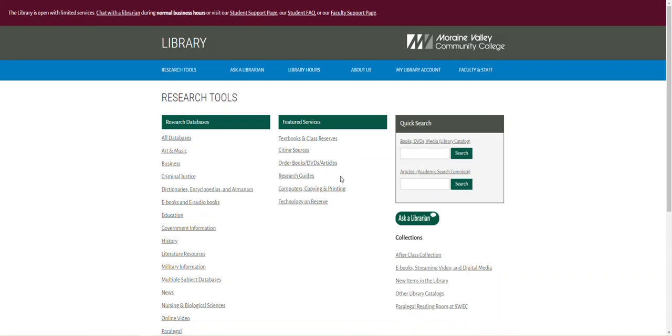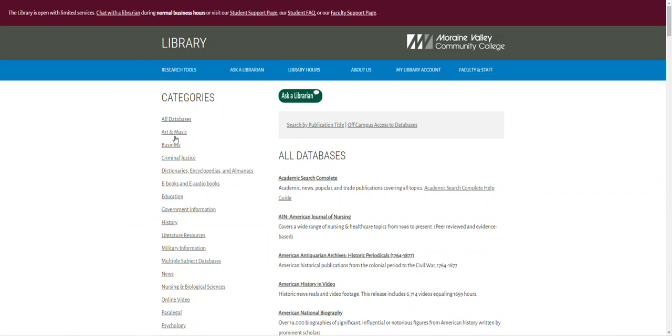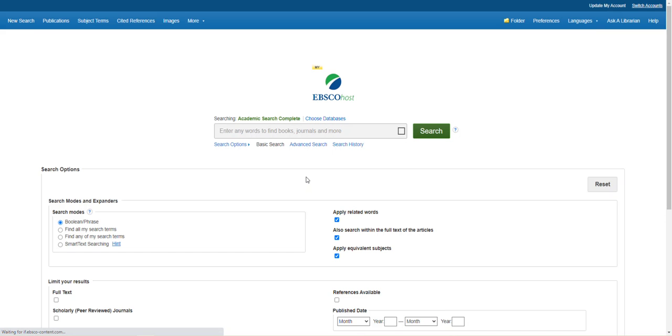You have all about citing sources, research guides, all the technology that they have on reserve, and if you need to order books. But the important part is the research databases, and all databases is where you should begin. They have all the specialty databases here, but a really good database to begin your research on your topic would be Academic Search Complete. So it's important you click on Academic Search Complete, and then you'll want to click on the